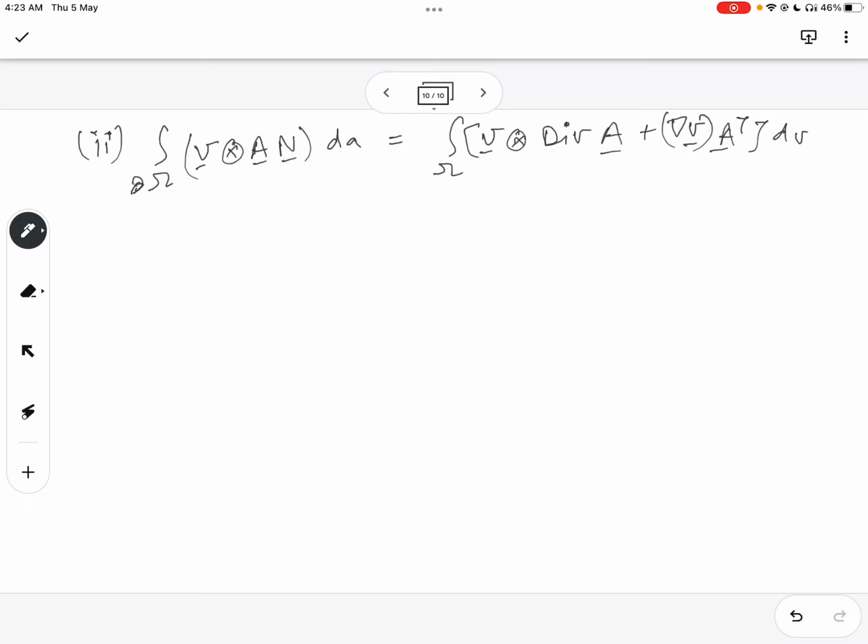Again, taking an arbitrary constant vector, a fixed vector, a,